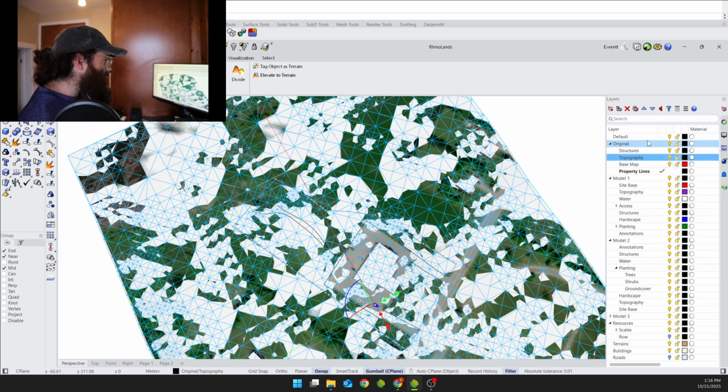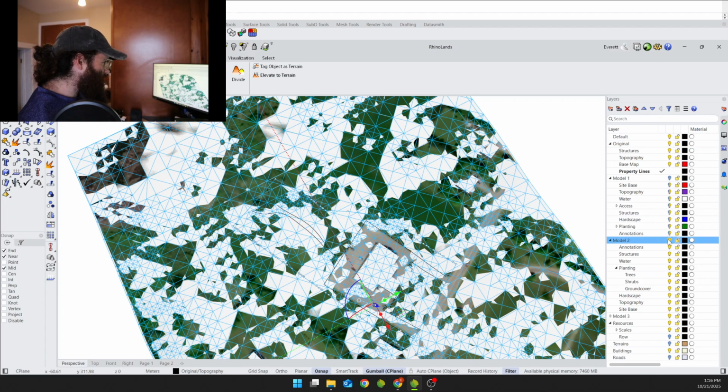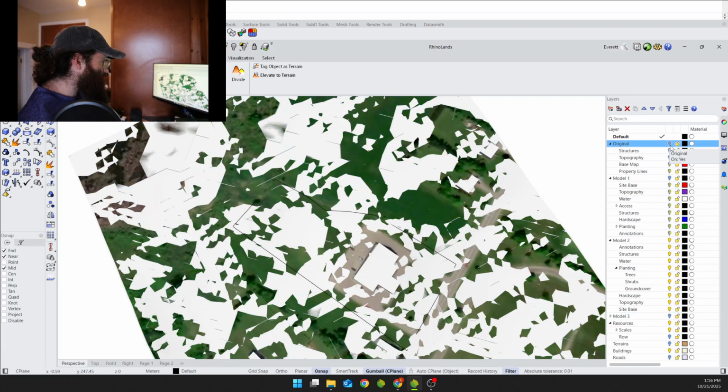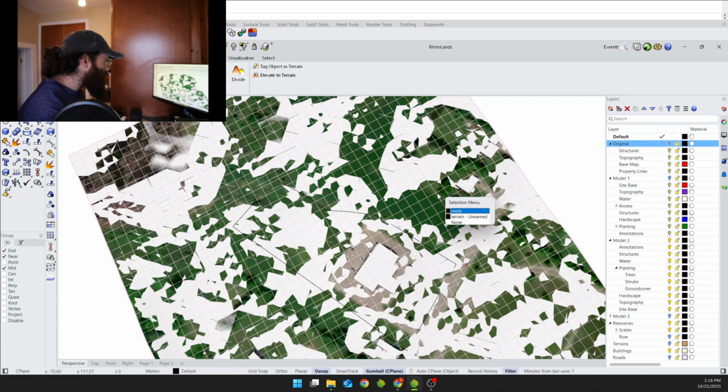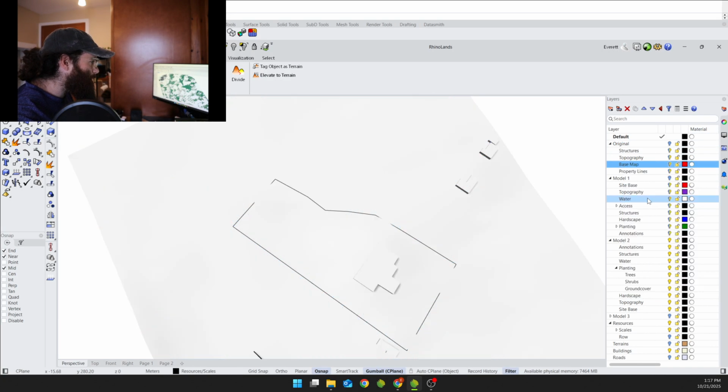And then hide everything else, because I don't need it right now. There we go. I'm going to move this one to my base map. There we go. I'm going to leave that one just on the base map, and I'm going to